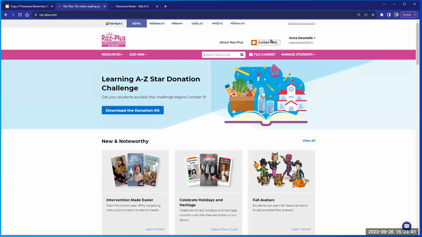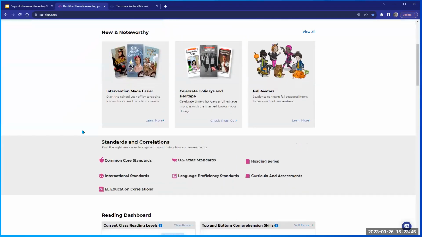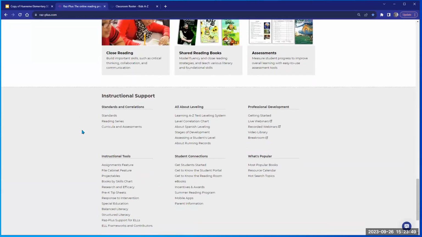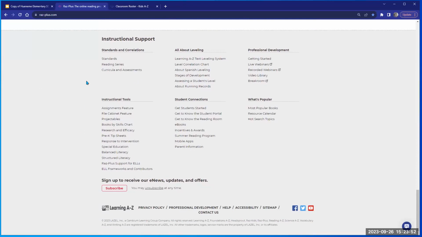Before I do that, remember I said the guided help button is your friend for support, but at the bottom of every page, so I'm just going to go kind of quickly. There's a lot of things that you can look at later, but here at the bottom, you have this instructional support area. And this is where you're going to see standard correlations, and more about how to use the projectables or the file cabinet, all kinds of instructional tools here,